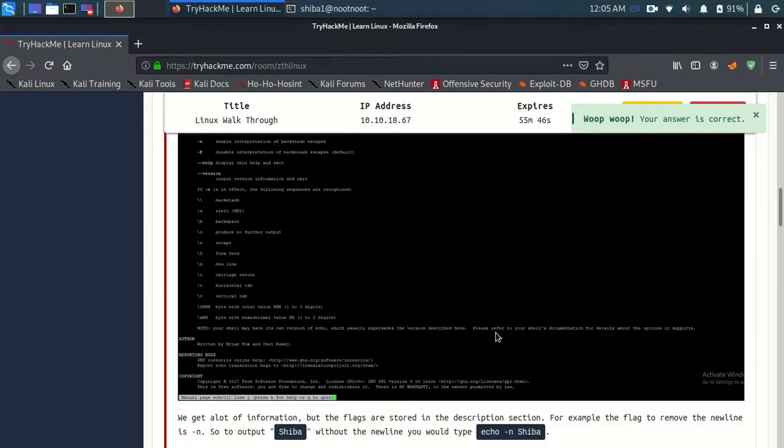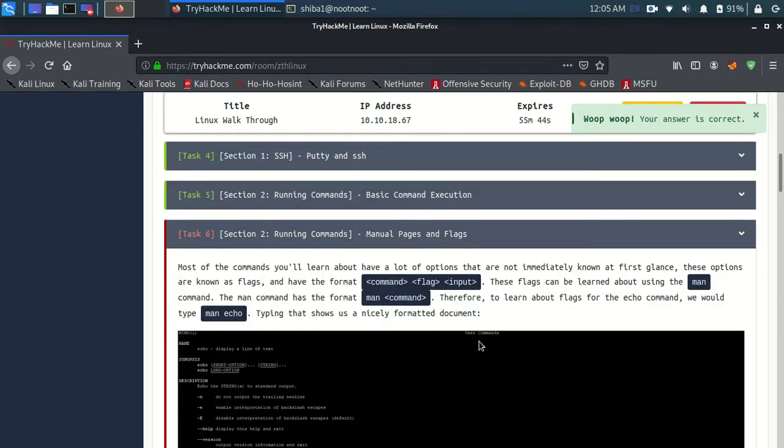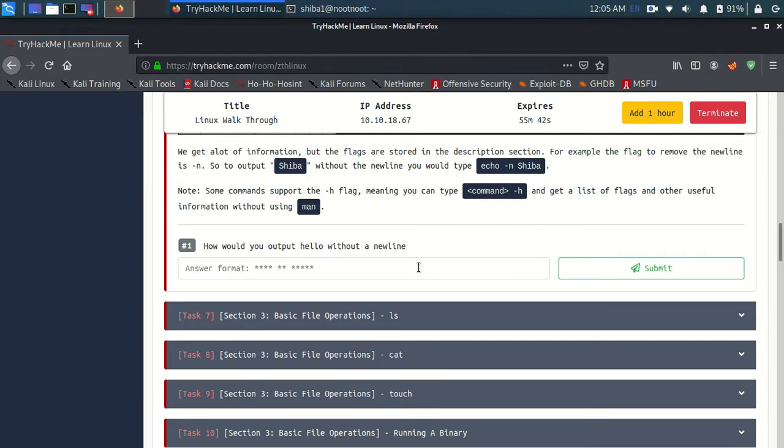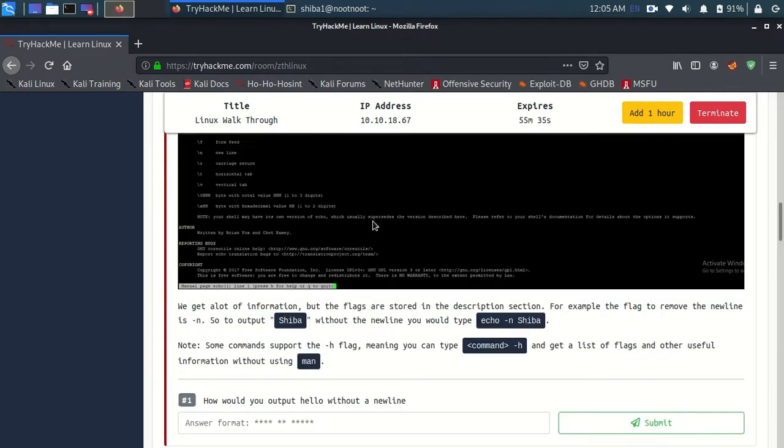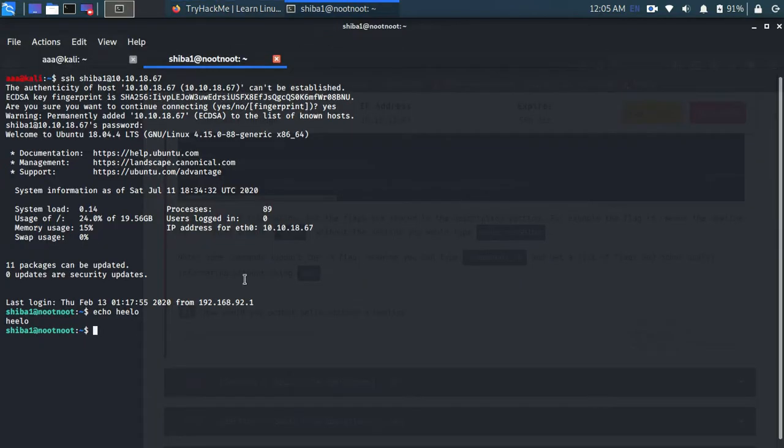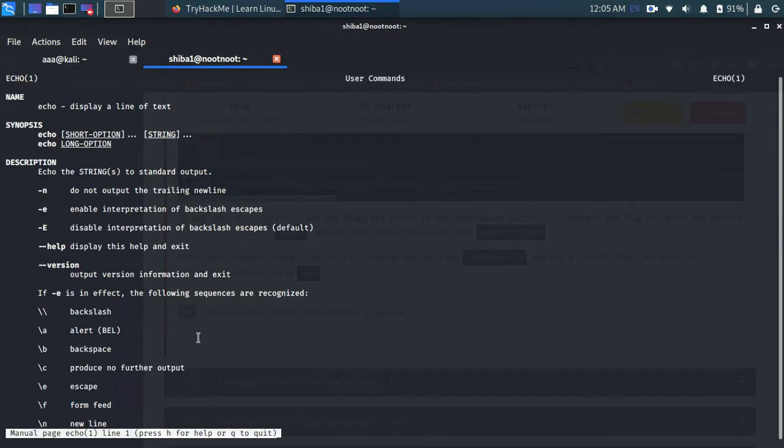Then next there is the man command. Man command is used to tell you information about something, like about a command. For echo, if I do man echo, it will give me a list and explain what the echo command does.